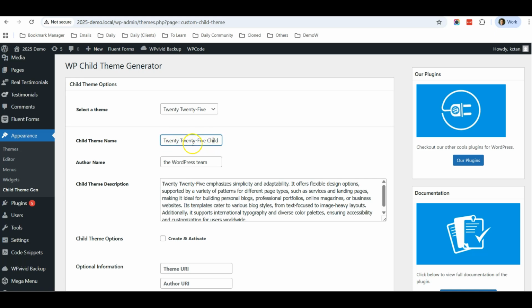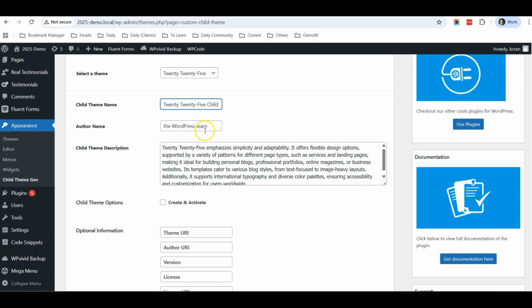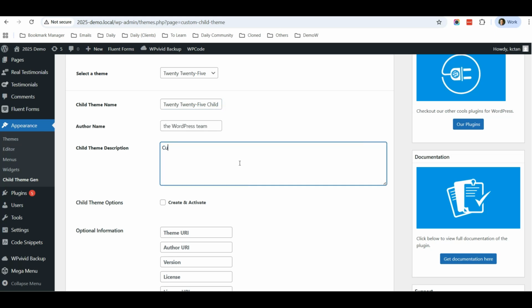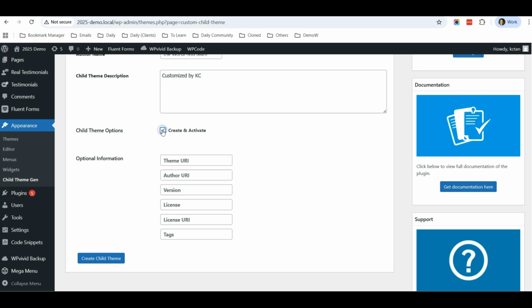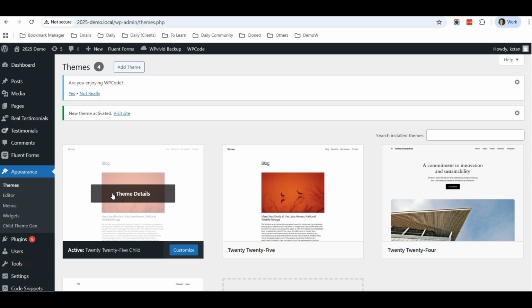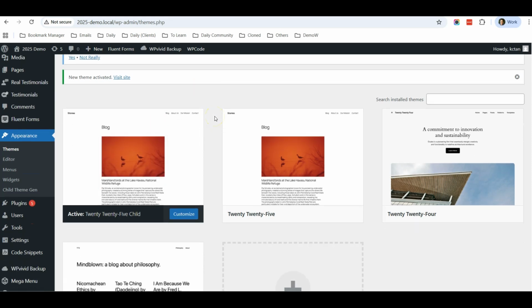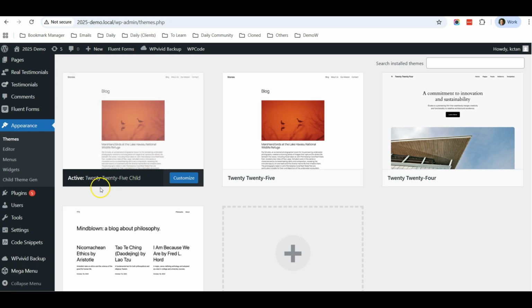Okay, and the theme is 2025 child. You can change this title if you want to. Alternatively, you can also type in a description if you want to change it. You can type in any description. So I will just type in customize by Casey, and then you can create and activate. You can leave the optional information blank, then click on create child theme. Once the child theme has been created and activated, you can see that now you are using the 2025 child